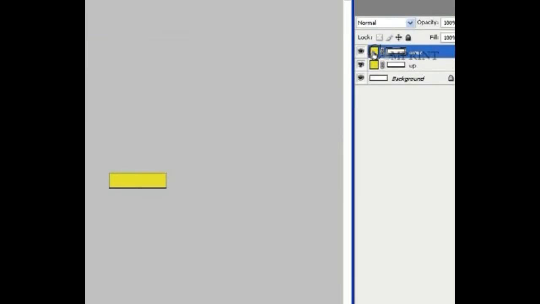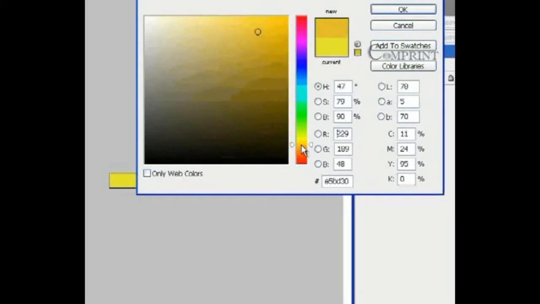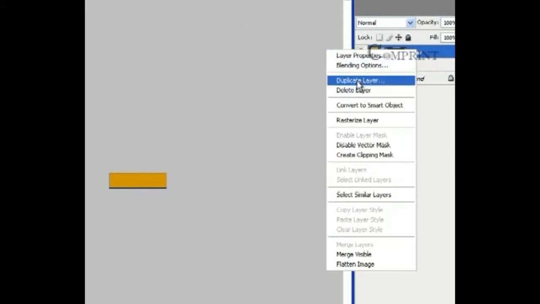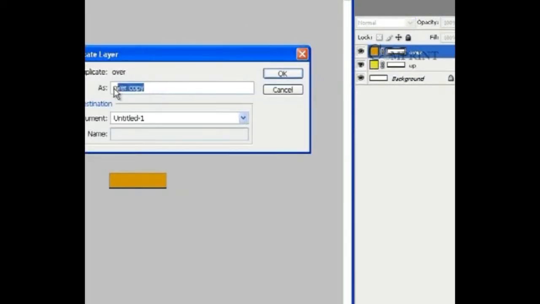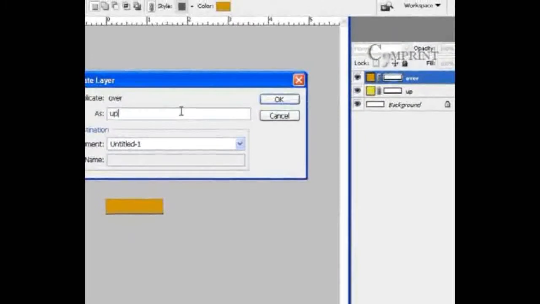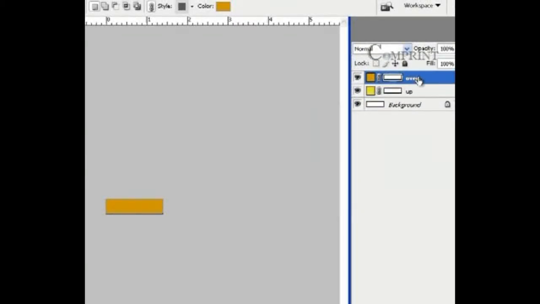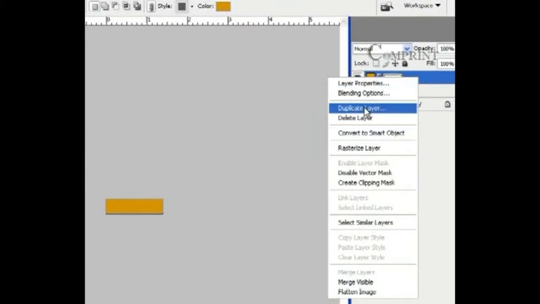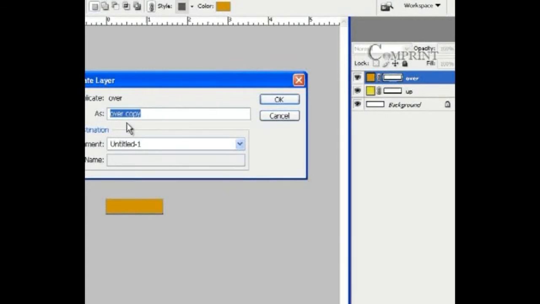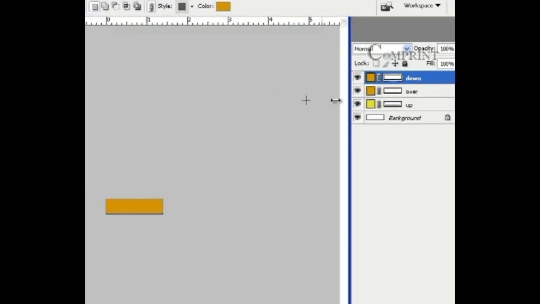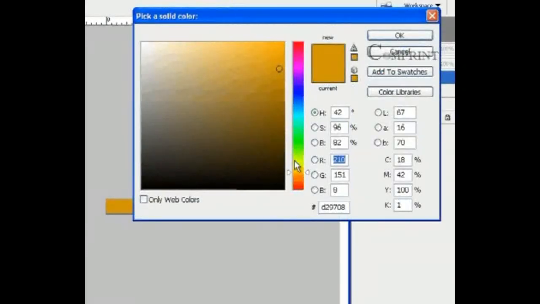Now change the color of this shape to dark yellow. Now again duplicate the over layer and name it as down. Click on OK and change the color to orange.